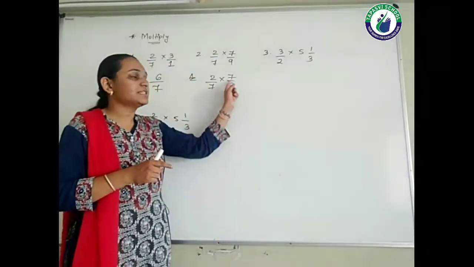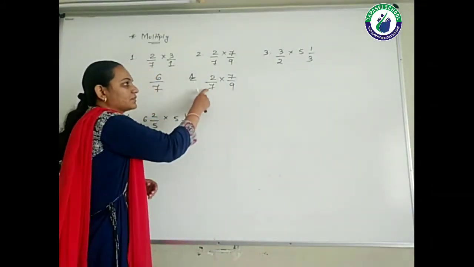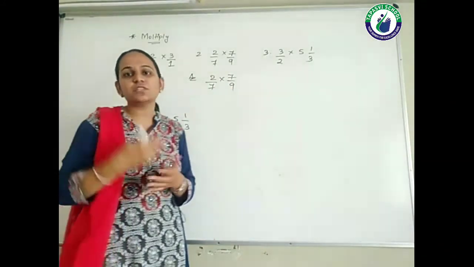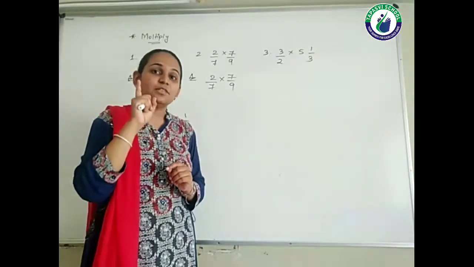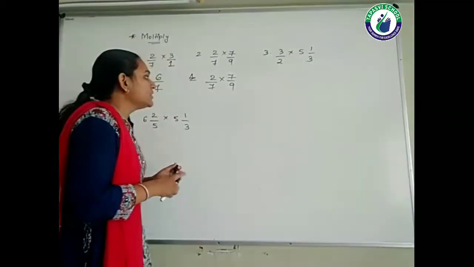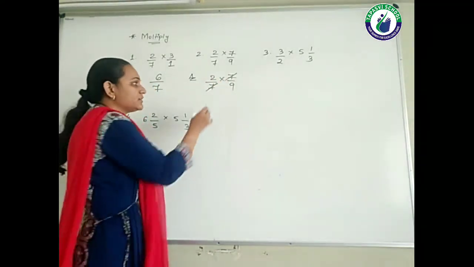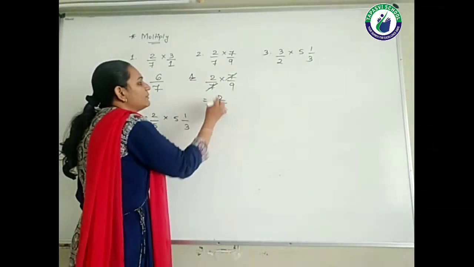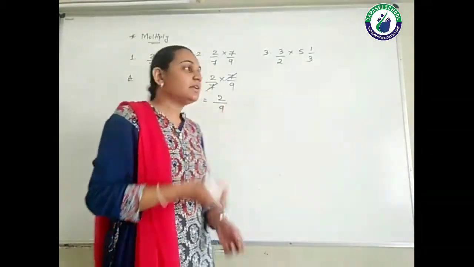It can be done in the cross also, right? See, here if you can see 7 and 7, they both are in the cross. आप ऐसे भी कर सकते हो, right? अगर सीधा आ रहा है तो सीधा कट कर सकते हो, क्रॉस में भी कर सकते हो, right? But numerator with the denominator only. Okay, so I can cut this 7 and 7. So what is remaining in the numerator, students? 2. और denominator में क्या रहेगा? 9, right? Now moving to the third one.